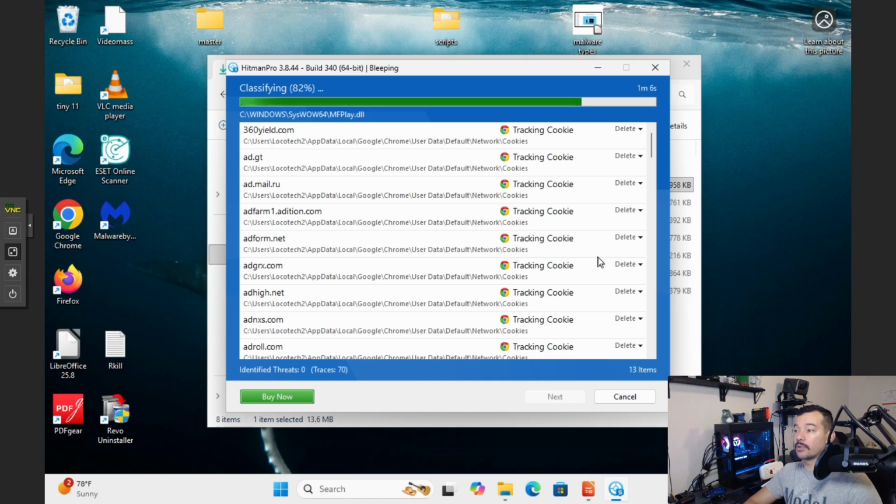If it finds something related to malware, then we might have a problem. But all these tracking cookies, not a concern. You're always going to have these in your system, and you can go and get rid of them or get a better browser that has more privacy in mind, which I highly recommend if you like to go in and look for